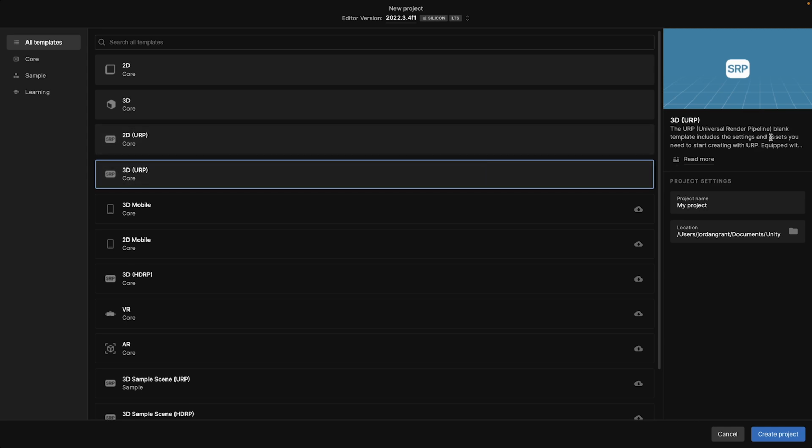So just choose 3D URP, which is essentially a different kind of render pipeline. It gives you more settings, more control about different things. It's just a bit better, and it gives you some extra lighting settings, all sorts. So I'm going to rename it from My Project, which is never a great name for your project, to wherever you want. But I'm going to go Tanks2023